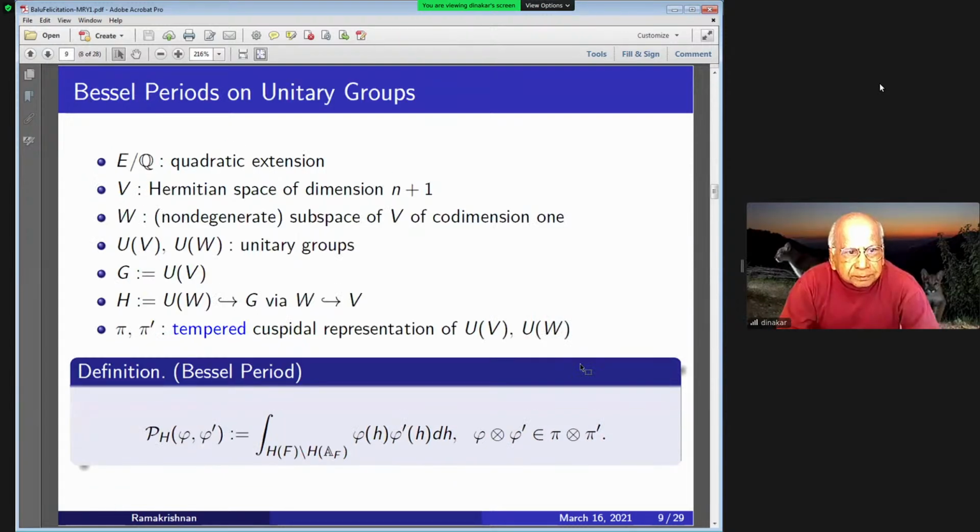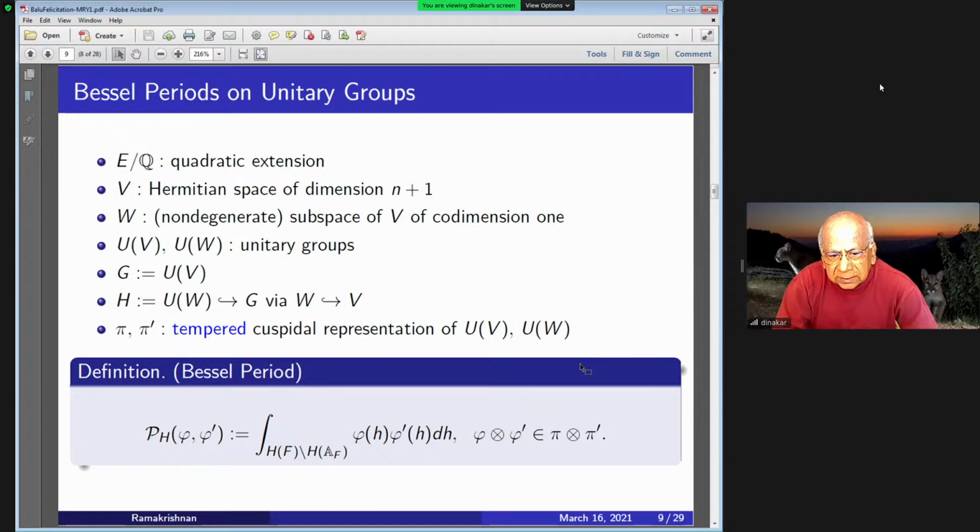Now, there are these Bessel periods, which we would be interested in. So let me say what they are. E is a quadratic extension of Q, and then you take a Hermitian space V of dimension n plus one, and W is a non-degenerate subspace of dimension n, and then you look at the unitary groups associated to V and W. You take G to be U(V) and H is U(W), and then this H